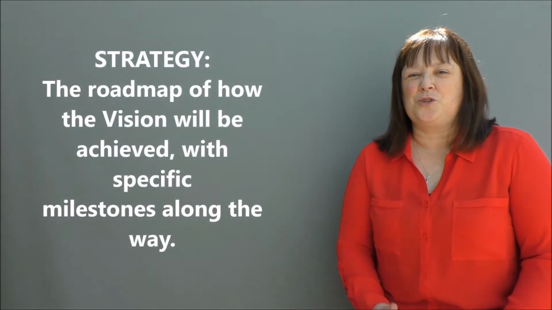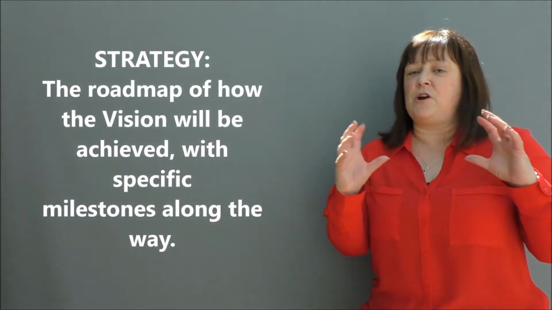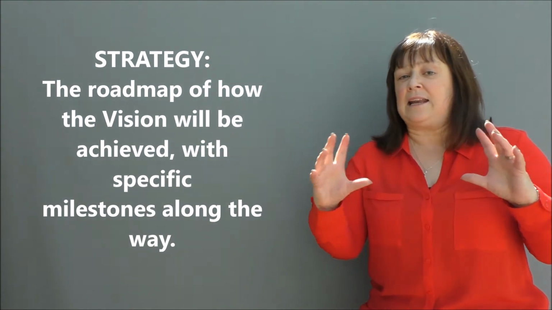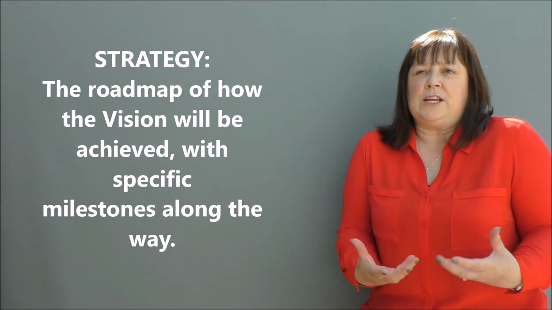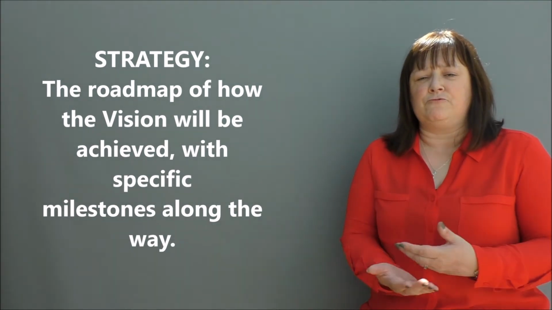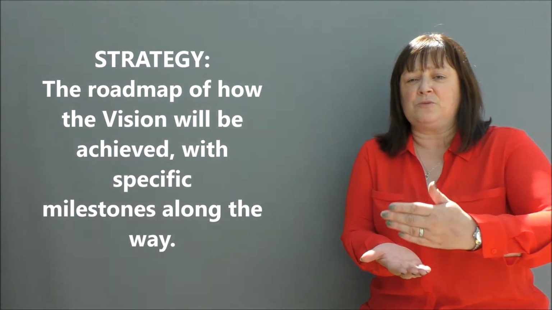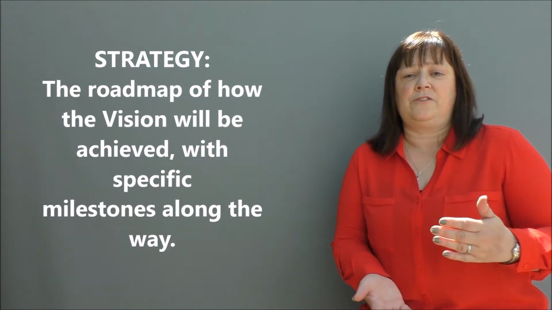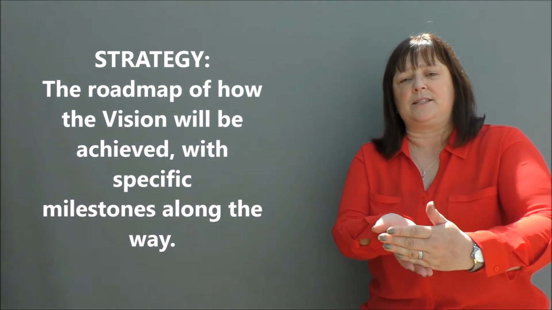So the third term we wanted to address was strategy, always a good one. So as you can see, as we've written here, strategy is about the roadmap, the plan, if you like, for how you're going to achieve the vision. So a really good strategy will outline some really specific actions that people need to take and have some potential milestones along the way, checkpoints that you can say, right, are we on target? Is this where we need to be by this time?